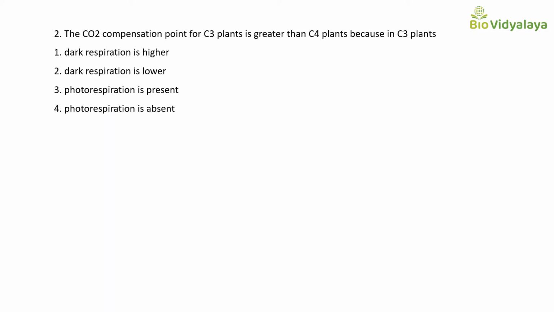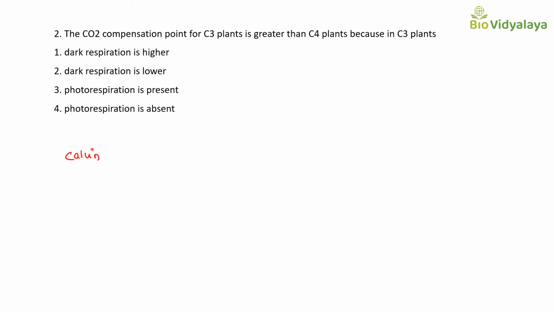The carbon dioxide compensation point for C3 plants is greater than C4 plants because in C3 plants: option 1, dark respiration is higher; option 2, dark respiration is lower; option 3, photorespiration is present; option 4, photorespiration is absent. So from these options you have to find why the carbon dioxide compensation point is higher in C3 plants as compared to C4 plants. We know that the Calvin cycle means